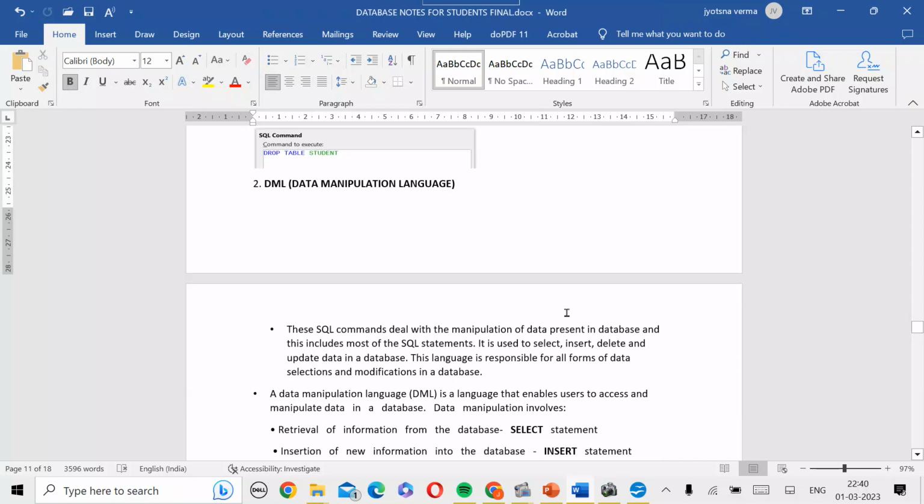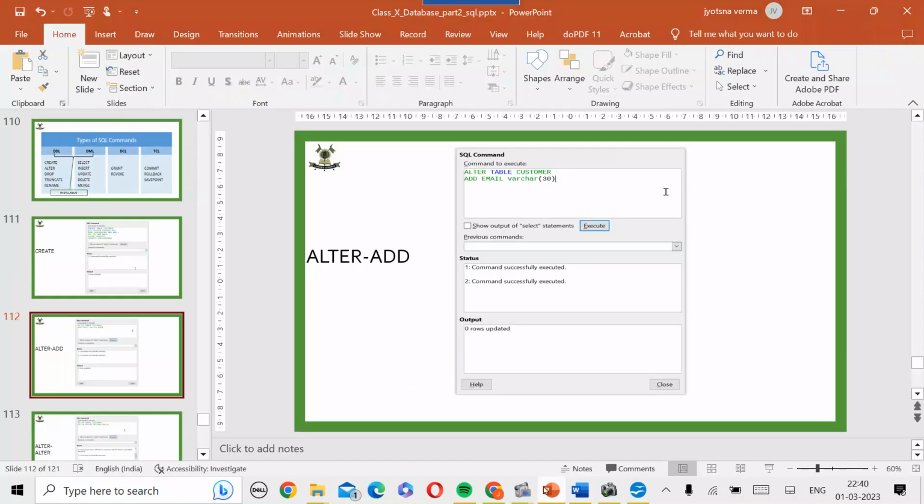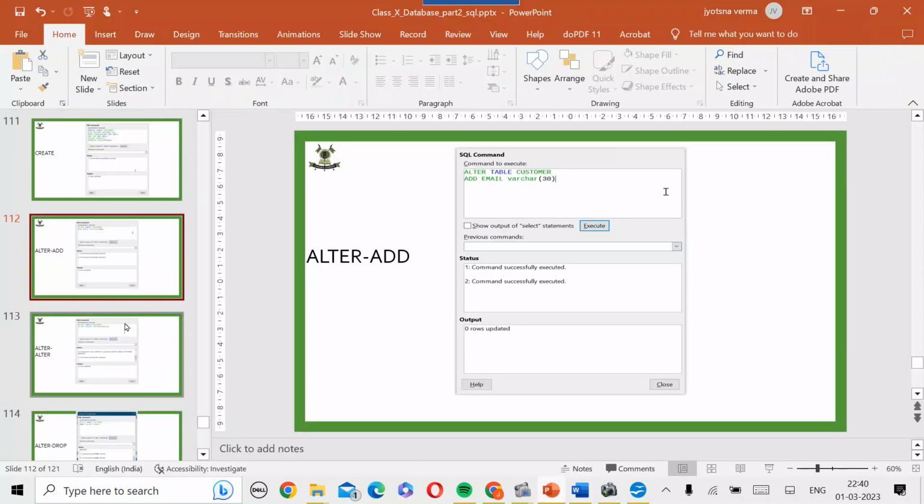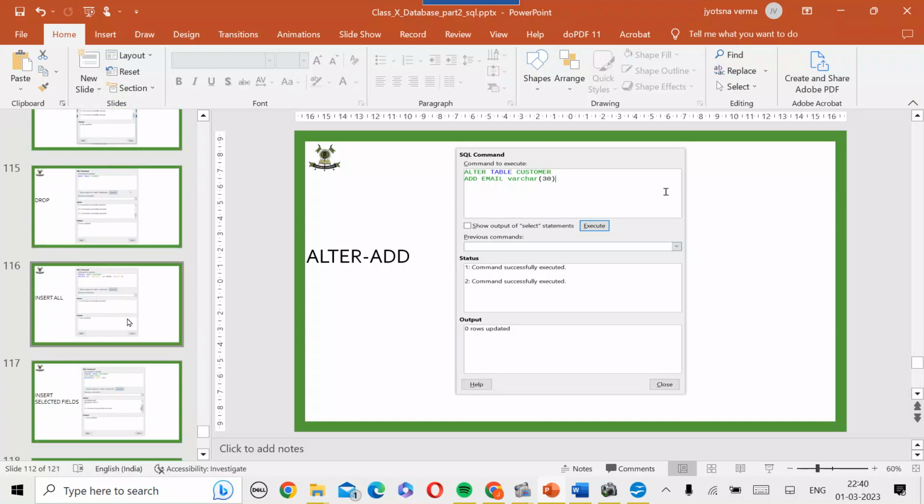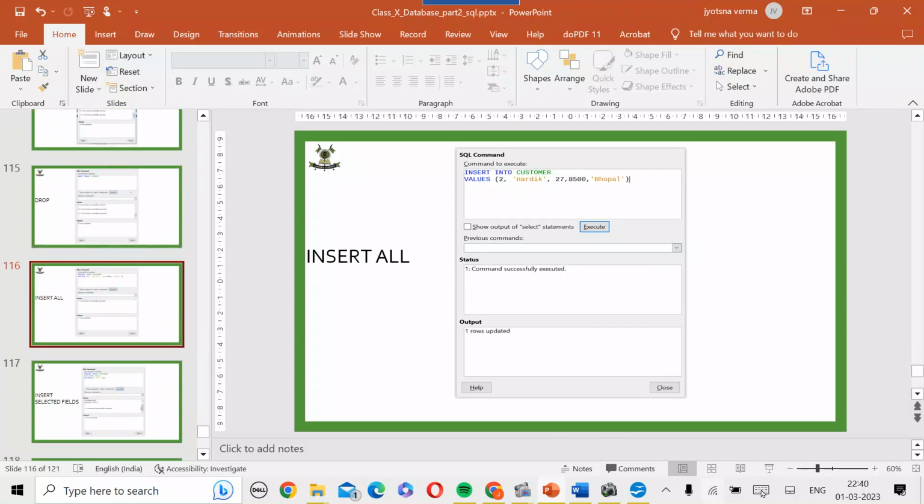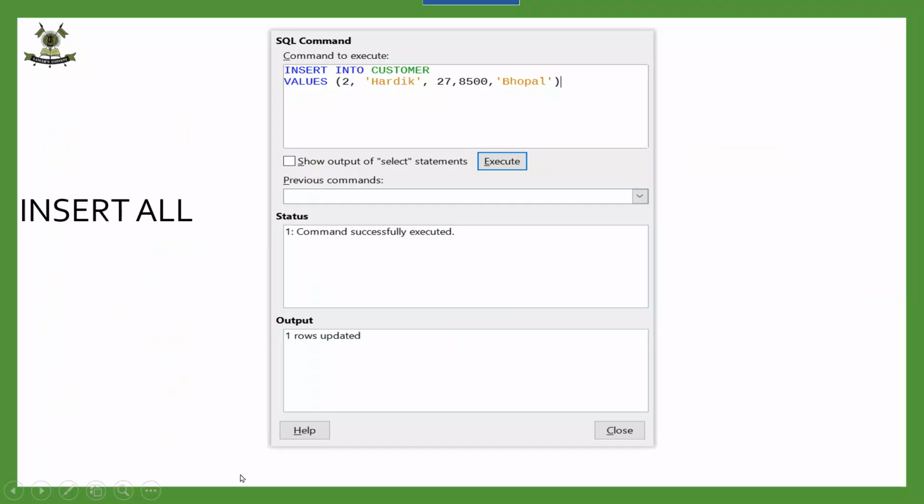Now let us understand DML. So what is a DML command? Let's understand DML commands. I am showing you the slide. The first command is the insert command. The insert command is used to insert a record inside a table. If you want to insert these records into the table customer,